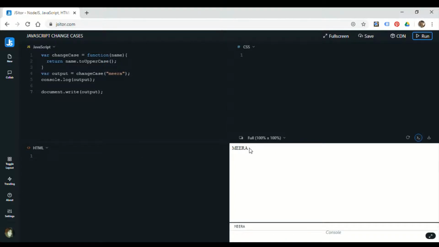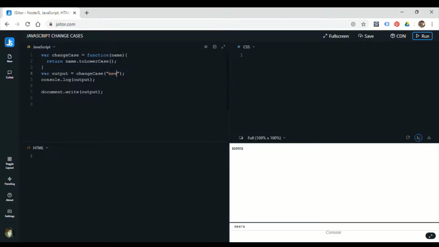Now alert the output. What happens is you see in the alert the word already changed to uppercase. You had fed in lowercase, but you see the result in uppercase. And as you already know, instead of alert, you can also say document.write and console.log. All will show the same result.